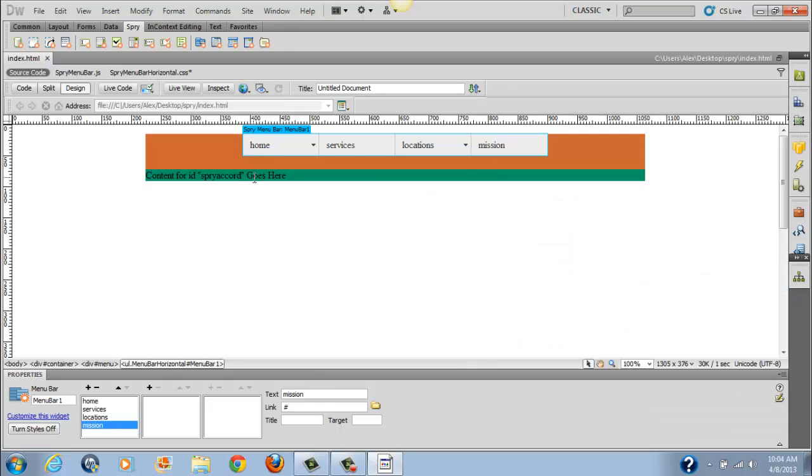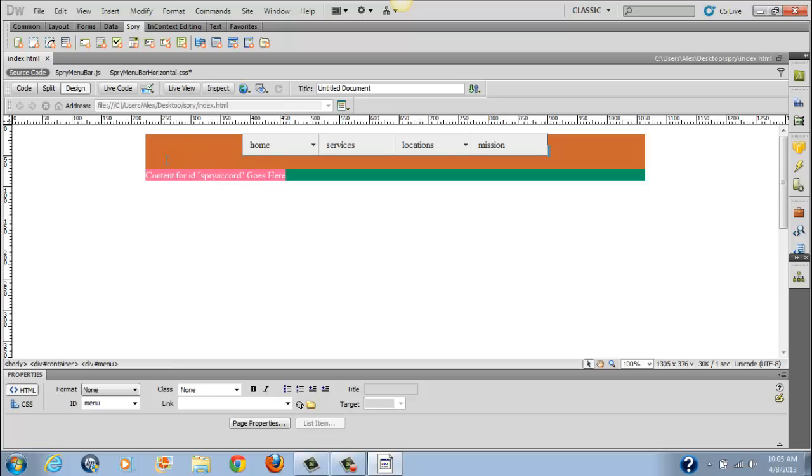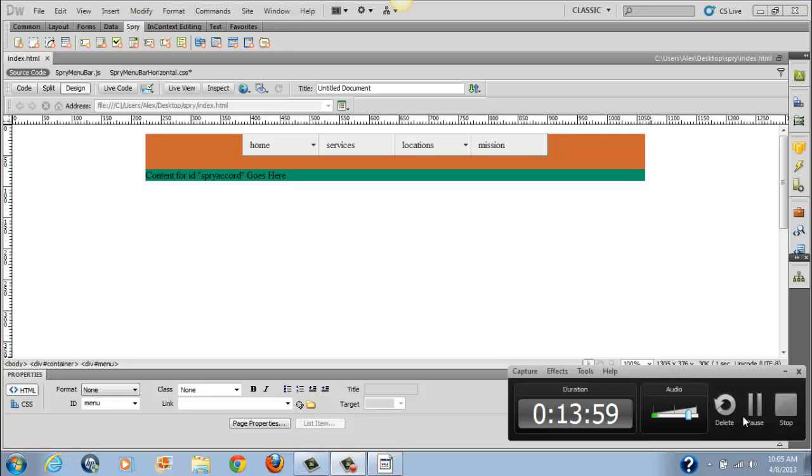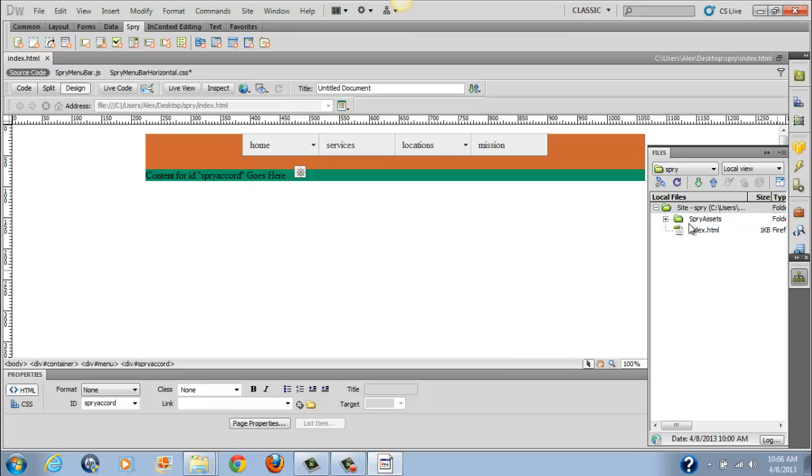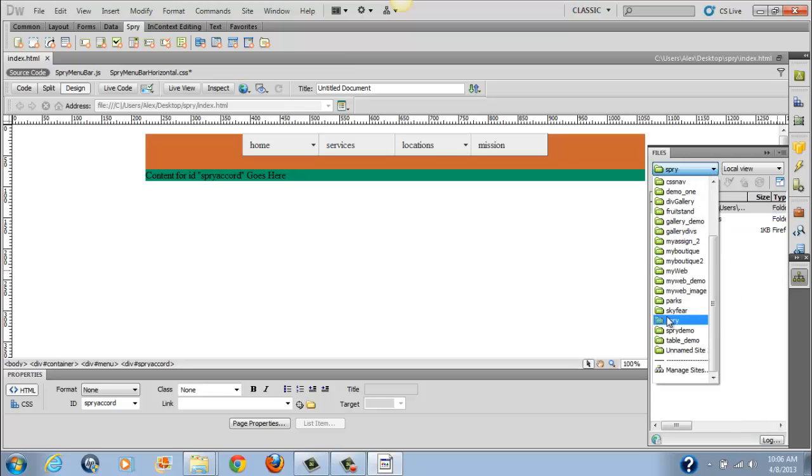So right now let's move over to the Spry Accordion, and I do have some content that I'll be using for that. I have it in a Word document just so that I could have some text for you to use. So I'm going to grab that and come right back. I'm going to go ahead and put that in, and I'll be right back. Okay, so what I did is I went out and grabbed, let me refresh this here,